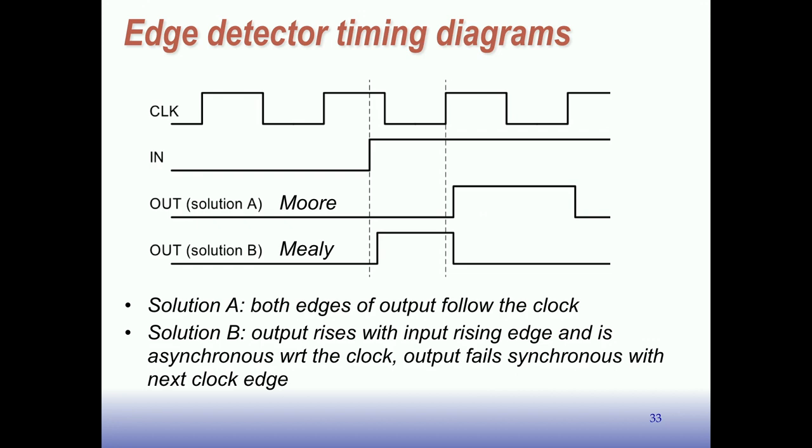Our specification is okay. We wanted a 1, and we'll get it for not quite a whole clock cycle. It really depends on where the input changes. If the input change was here, then it will go up here. If the input change is here, it's going to go up here, and we'll get it for a smaller amount of time. And then on the next rising edge of the clock,